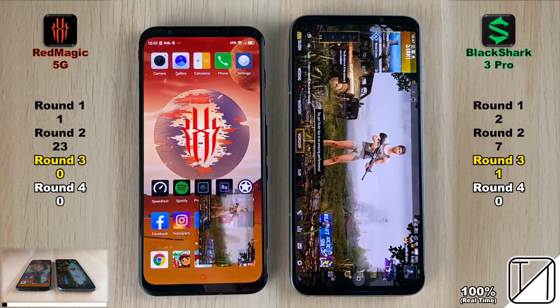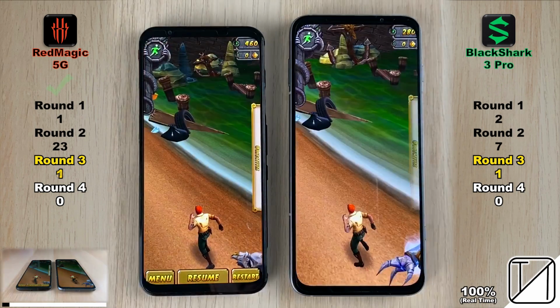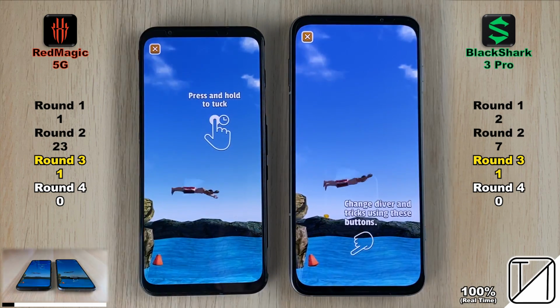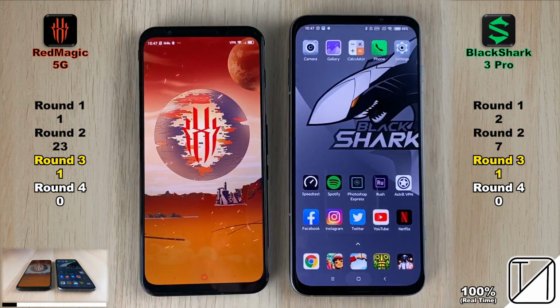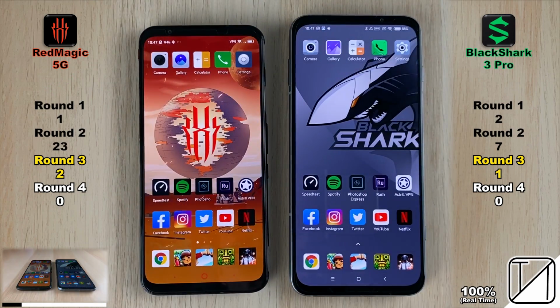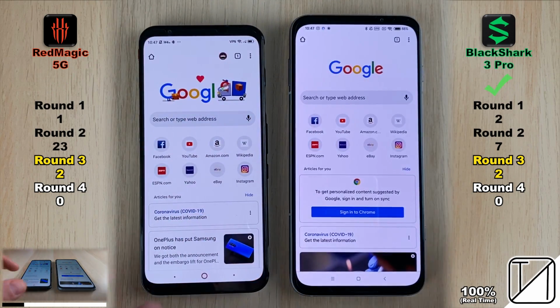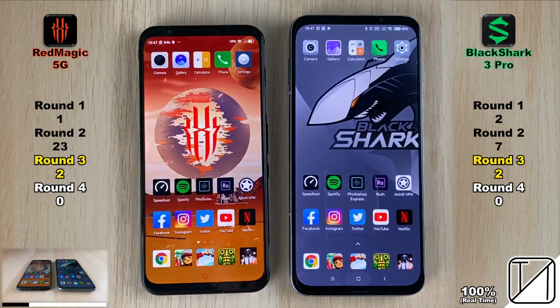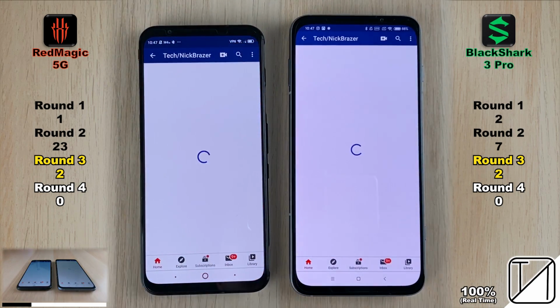Now, round 3 is going to be about reopening app speed. This has nothing to do with RAM management whatsoever. So if the app is killed on one of the devices, but it still opens it up quicker, we'll get the points because this is about reopening app speed and not RAM management. RAM management will come through in round 4, and so far in round 3 we have 2 apiece on both phones. Netflix was too close to call,